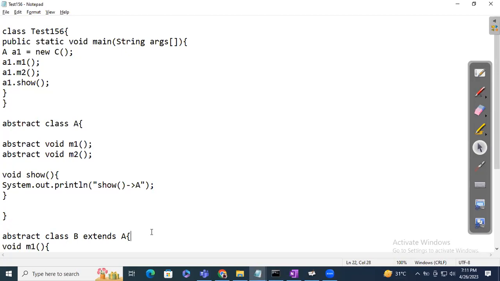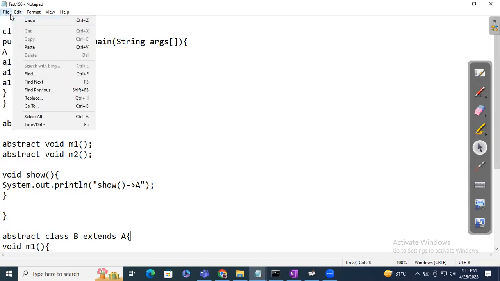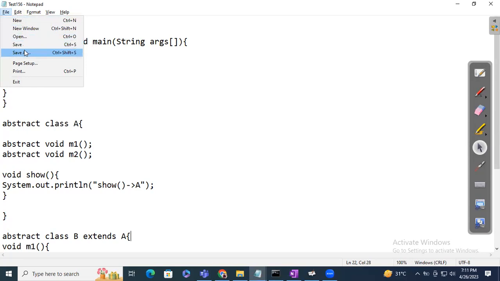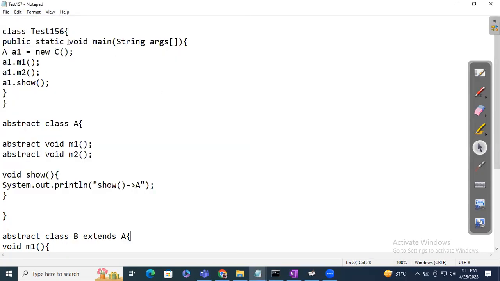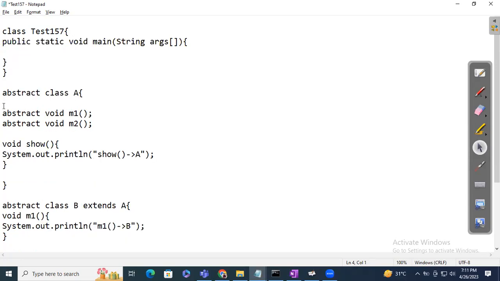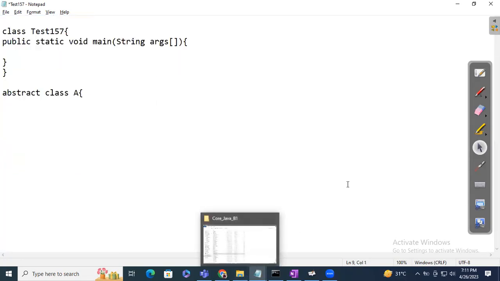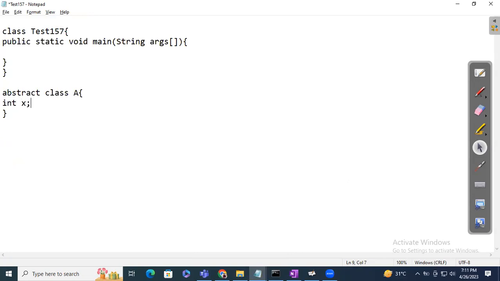Next is, if abstract class cannot be instantiated, then why the constructor can be there? Take another example. Test 157.java. Simple class A. Okay, and which is abstract because I'll have abstract. Assume currently no abstract method, int x, int y. Okay, and we can have constructor in it, int x, int y,